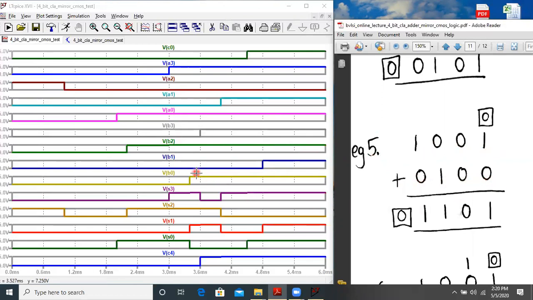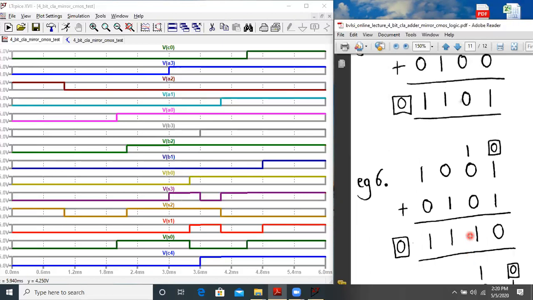Let us check the sum condition over here, S3 to S0, 1, 1, 0, 1. And C4 is also 0. Now let us check the addition of it. So 1 plus 0 is 1, 0 plus 0 is 0, 0 plus 1 is 1, and 1 plus 1 is 0. So this is also correct and verified from the waveform.